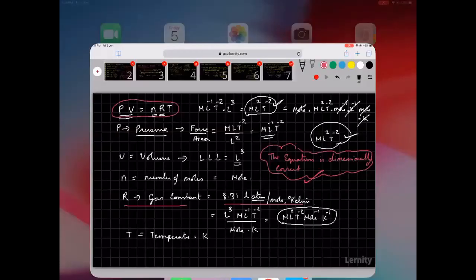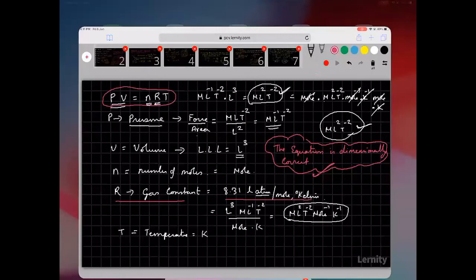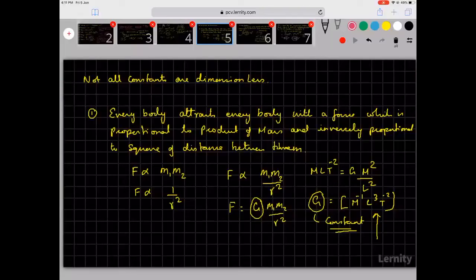Where I was trying to explain to you that study of dimensions helps you, but it doesn't give you everything. It is just a small portion. So we have to conduct experiments and then we have to work out. So experimentally we have found out that F is proportional to M1 M2, and that F is proportional to 1 upon R squared. So now I need to know what is this constant. There's a constant here, G. G is not dimensionless. G has a dimension. What is the dimension? Because this is an equation, dimension on the left side must be equal to the dimension on the right side.